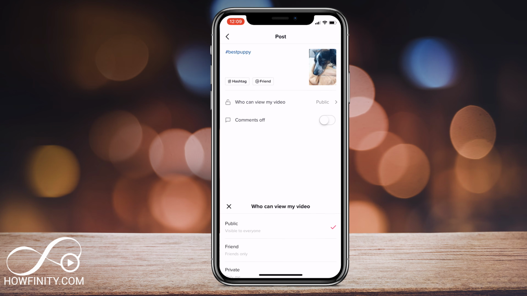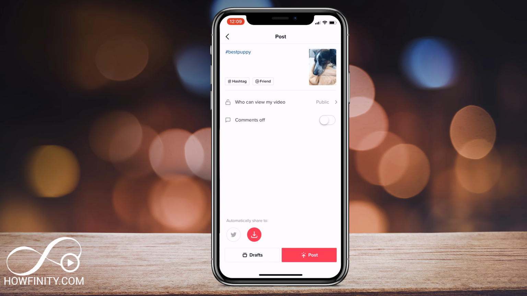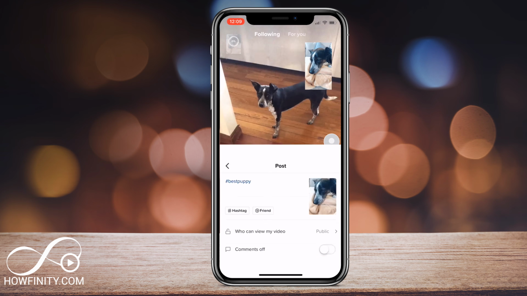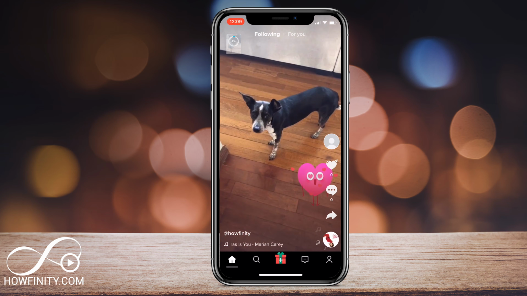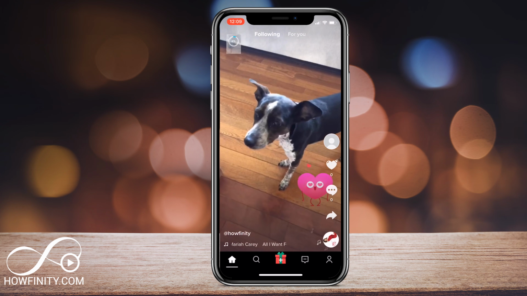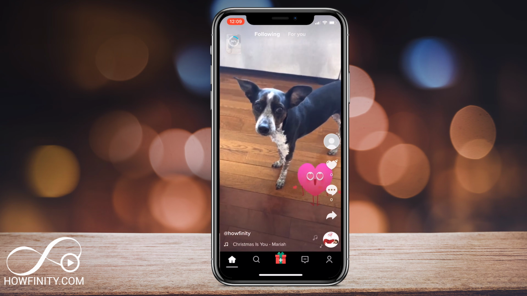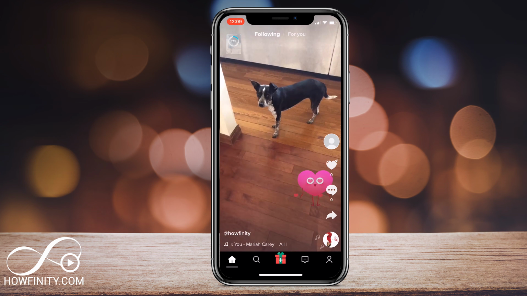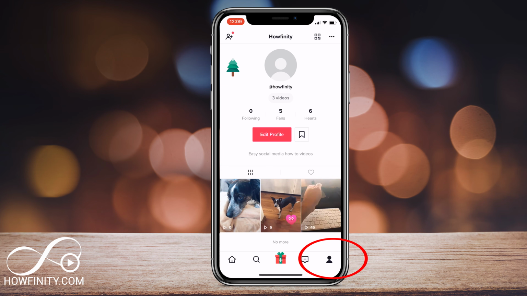Now I could change who can view. I could change from public to private or to friends. I could turn commenting on, and I could automatically share to my other profiles. And when I'm done, I could just press post and it's going to start posting the video. If you see on the top left corner here, it's going to take a little bit of time. It's not instant. It has to actually upload it. I did shoot two different videos in a row, so it's playing my previous video that I've uploaded until the upload is complete. Now that the upload is complete, I could go to my profile and I could see that